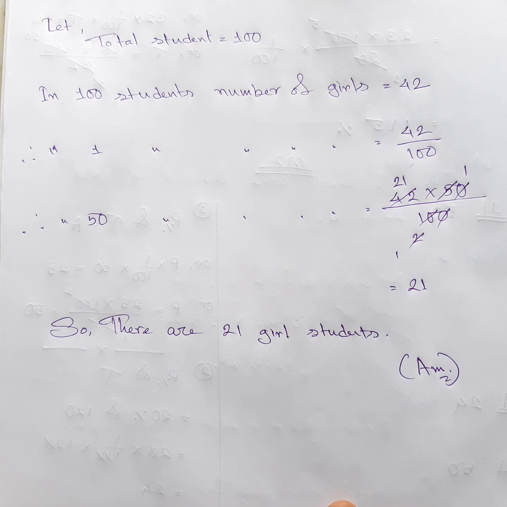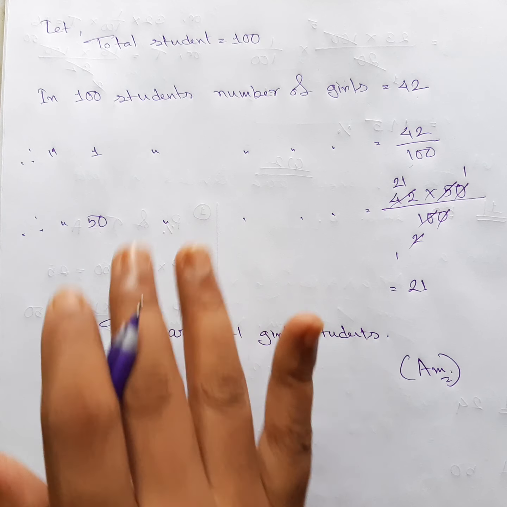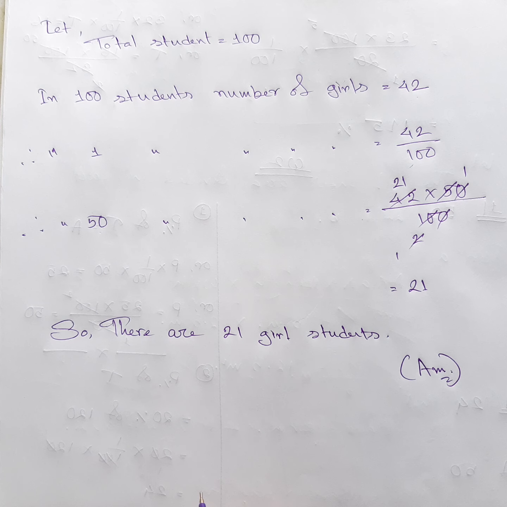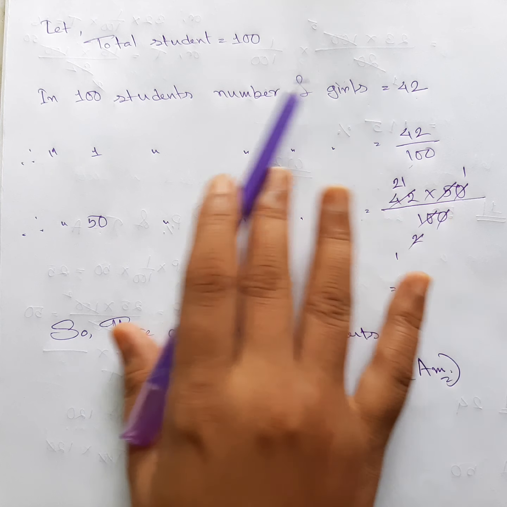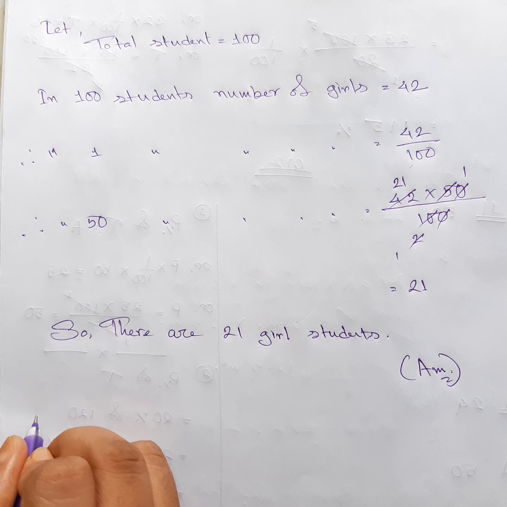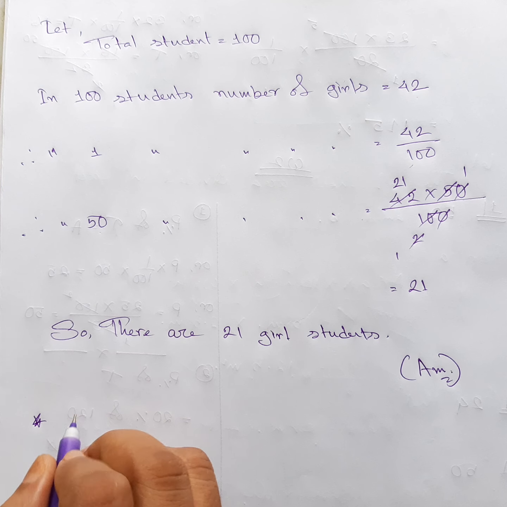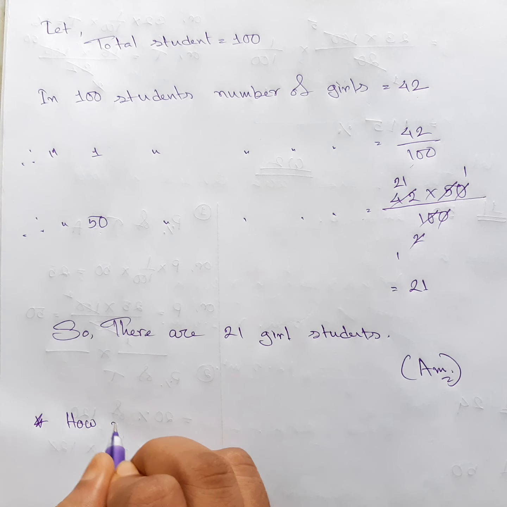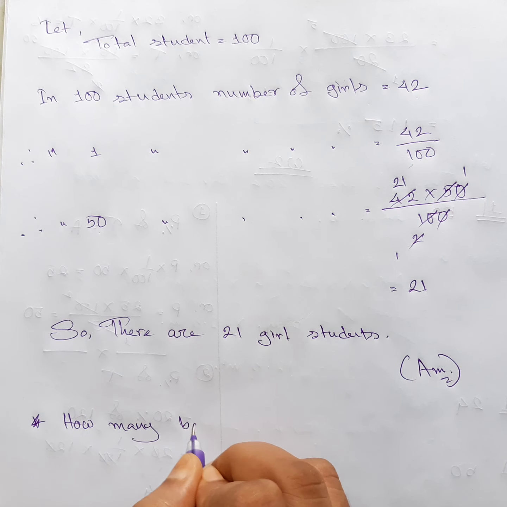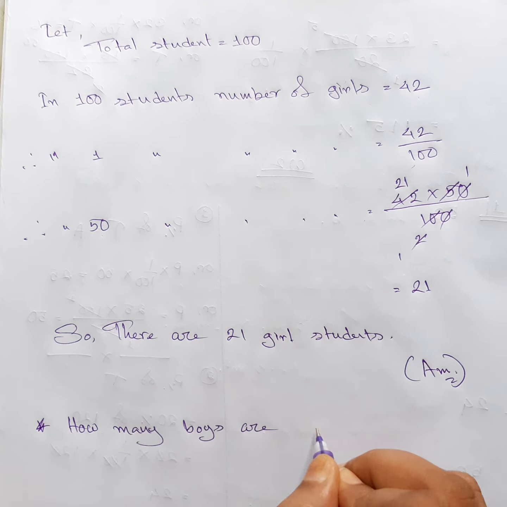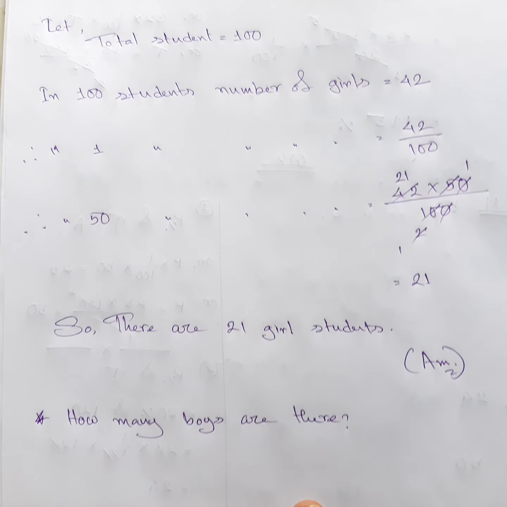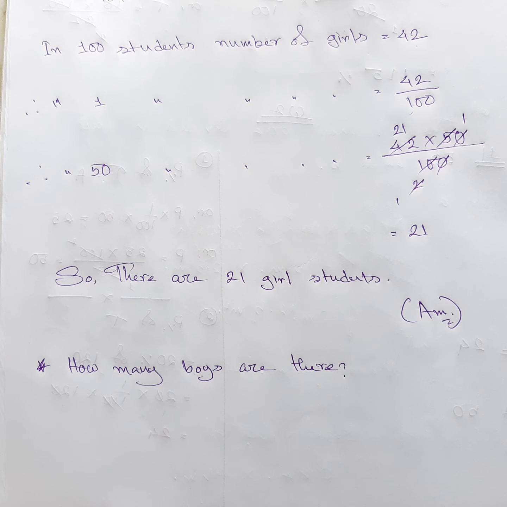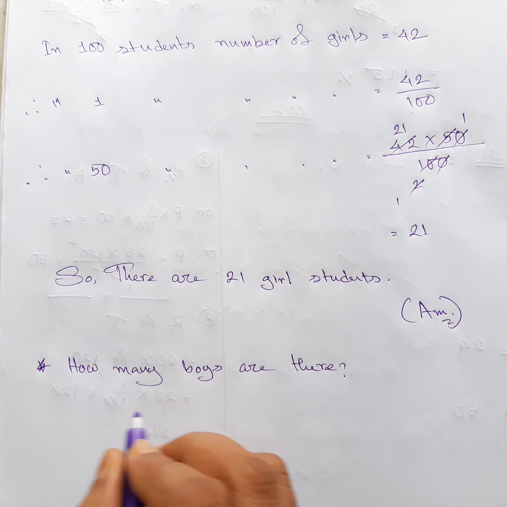Okay. Now remember one thing. Again I want to tell you, if there is any extra question, where they gave you the percentage of boys and girls, and then they ask you an extra question, like how many boys are there? If they gave you this extra question, after doing all of the maths, we can do one thing: we can just subtract it.